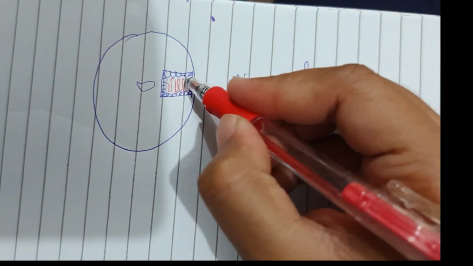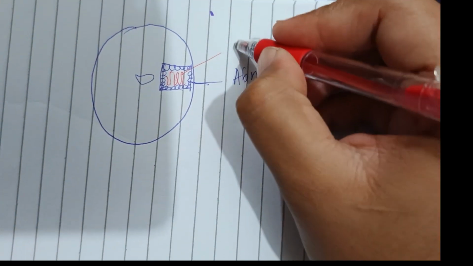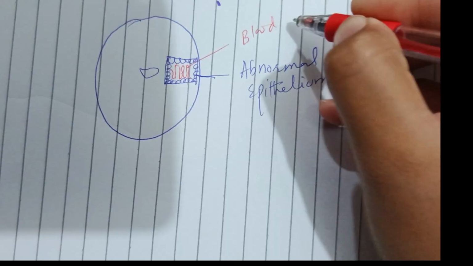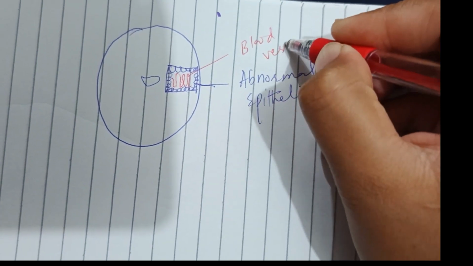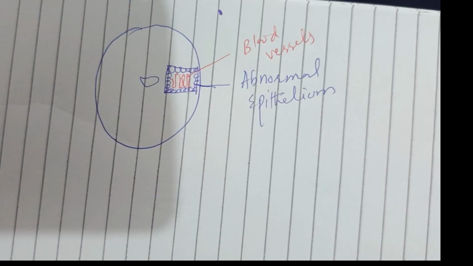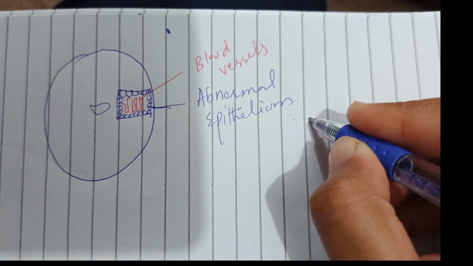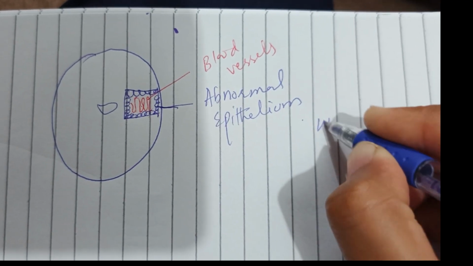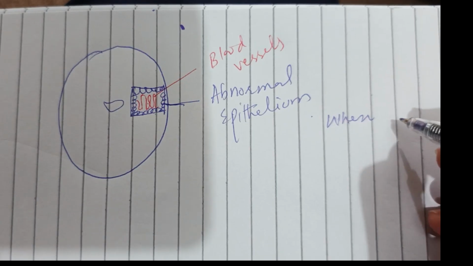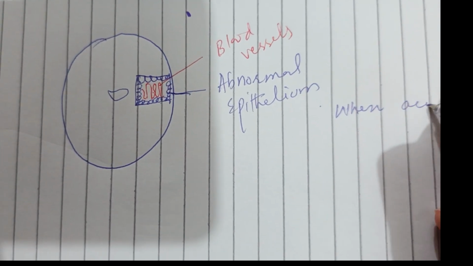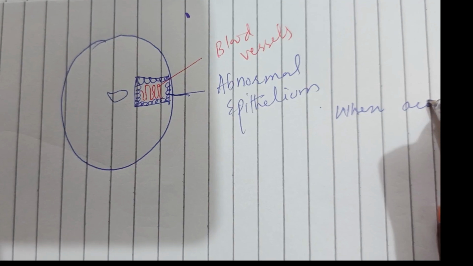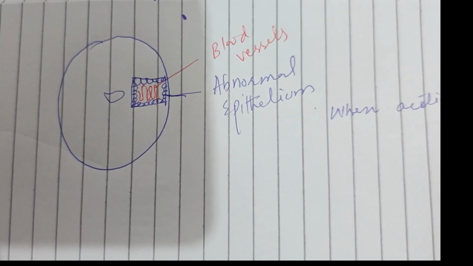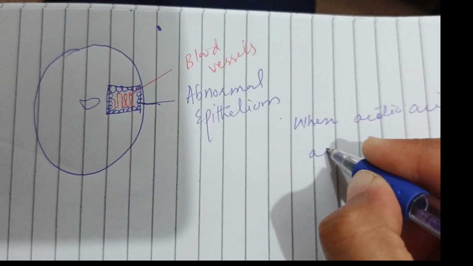This is the abnormal epithelium, and there are red blood vessels inside the epithelium. When acetic acid is applied, the surrounding abnormal growth of epithelium becomes white and the vessels remain red, then mosaic